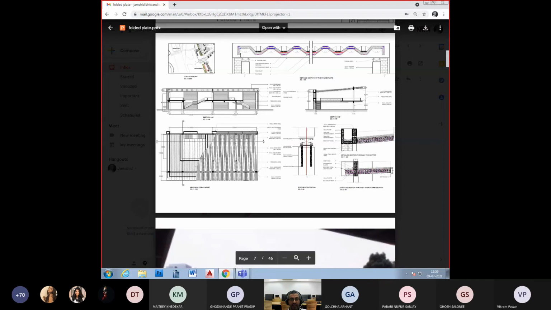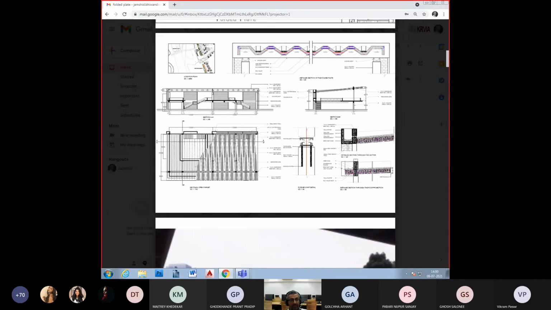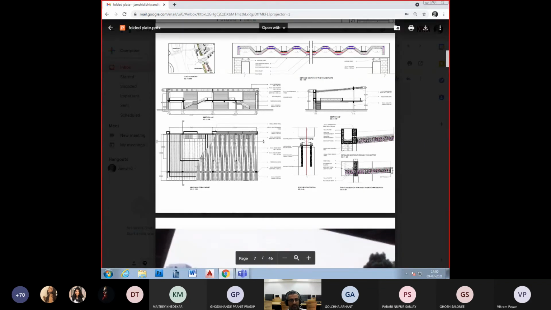Here again, you're seeing very clearly the depth of the diaphragm beam, to which the folded plate is being encompassed entirely. Because of the depth of the diaphragm beam, I can afford to have the columns largely spaced apart with rocker joints. This is a public amenity whereby you use the folded plate as a pavilion placed at a height where the upper levels can be enjoyed by people, to sit below the folds, while the ground is more open for people to walk through.